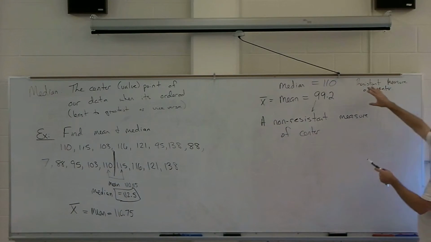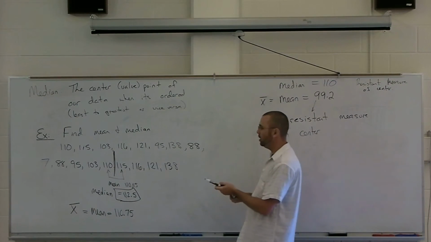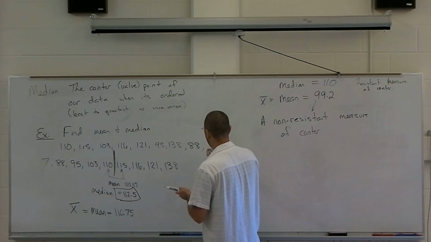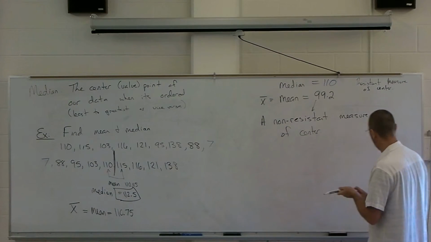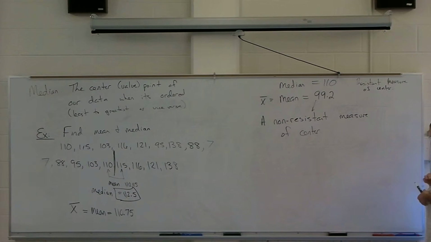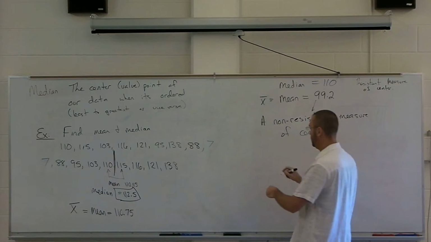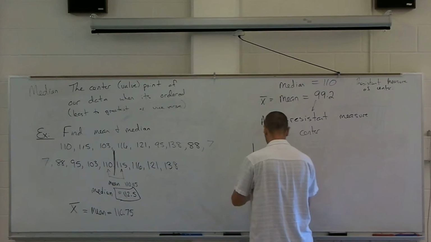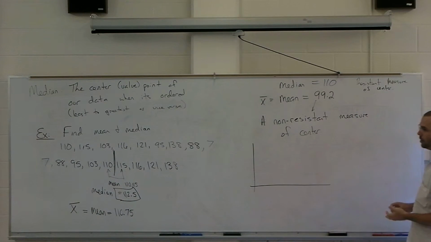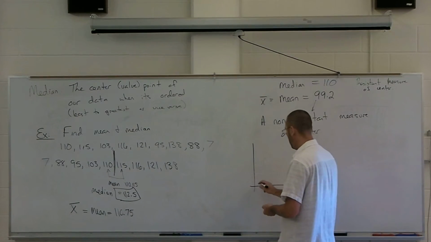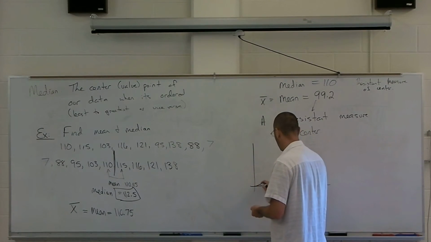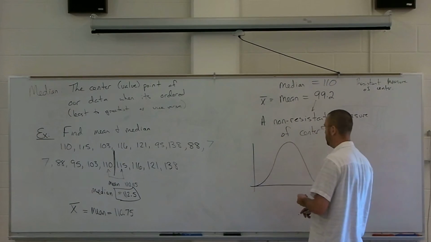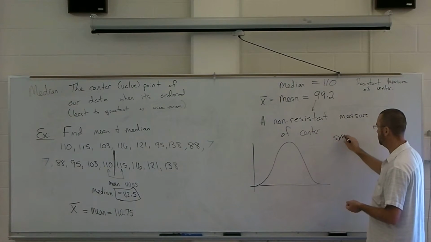All right. Now, we've seen what happens analytically. When we plug numbers in, we can see what happens analytically here. What about graphically? What kind of things can we say graphically in relation to the center with our distributions? You remember last time we talked about 3 different types of distribution shapes: symmetric distributions, skewed left distributions, and skewed right distributions. When we look at a symmetric distribution,